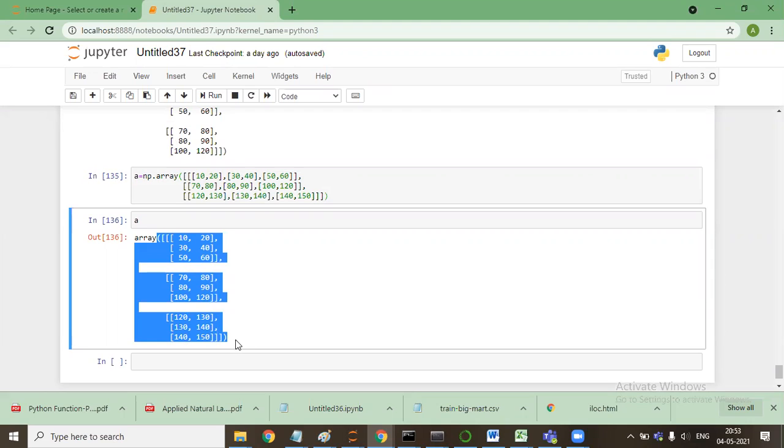One is RGB, red, green, and blue. Every colored image is categorized into an RGB format. So one axis will store R, the second axis will store G, the third axis will store B. The pixels of red, green, and blue.